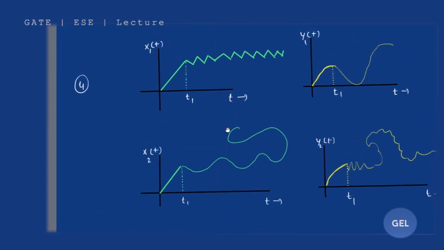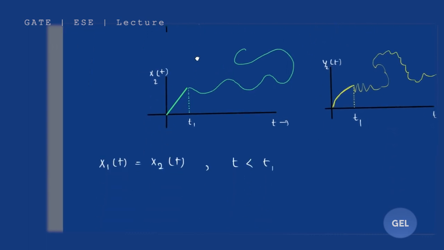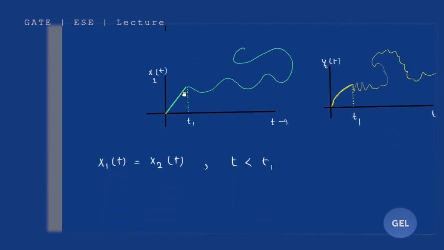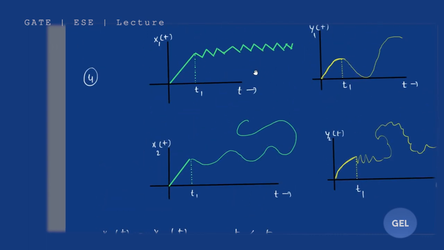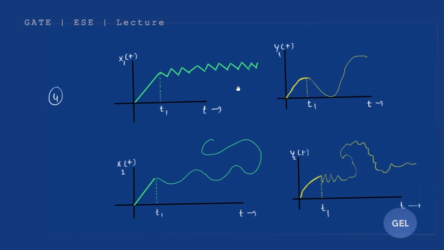For the system to be causal, if x1(t) and x2(t) both follow the same property, both are responding the same way till t1, and there is a subsequent output,